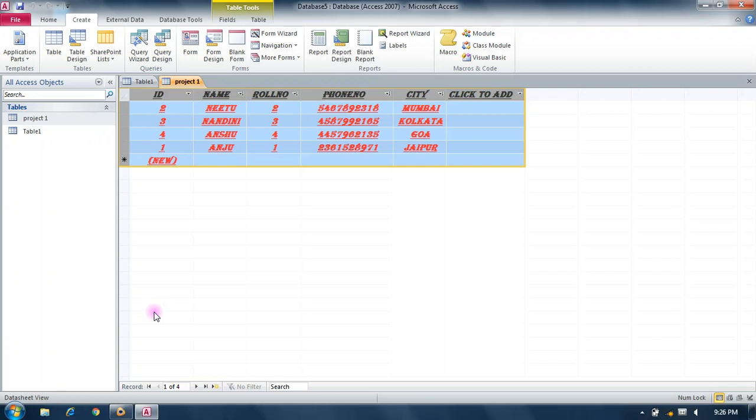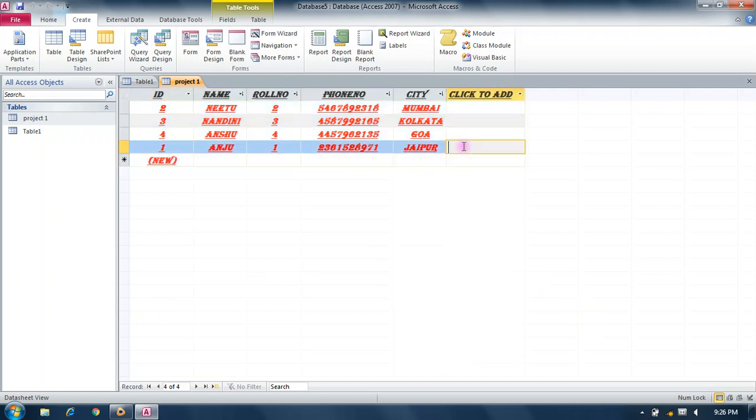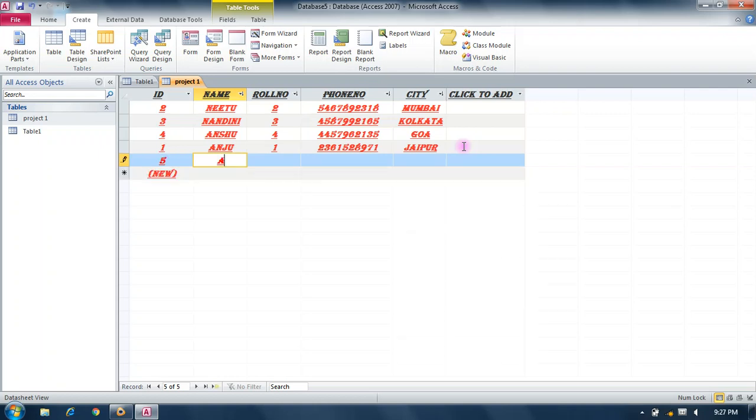If you want to add data to table, then you press tab and again you can type your table data and select your table view.